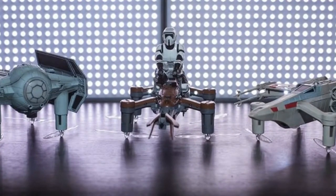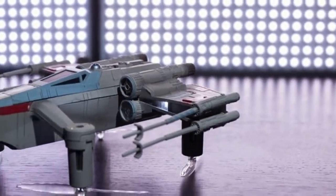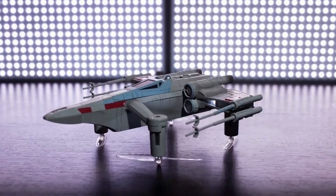The signature laser blast pew pew noises are the absolute best. Each vehicle has a different soundtrack and dialogue clips,